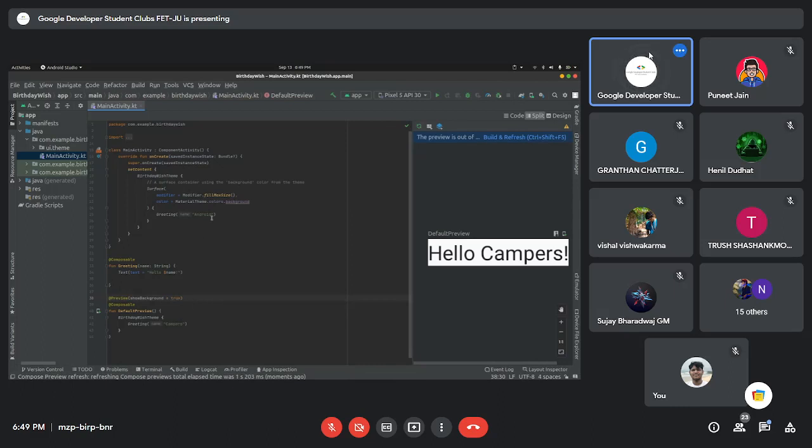Okay. What we are offering here is that we are going to make a birthday wish card for that. So we can do a little kind of change here. Suppose you want to send it to a lot of your friends and you can only use this code and share it with other people. You just need to change the variable parameter here. So as we learned in the basics of Kotlin, the variable parameter is going to take care of all of the things. So right now I'm going to provide a predefined one here, like happy birthday,